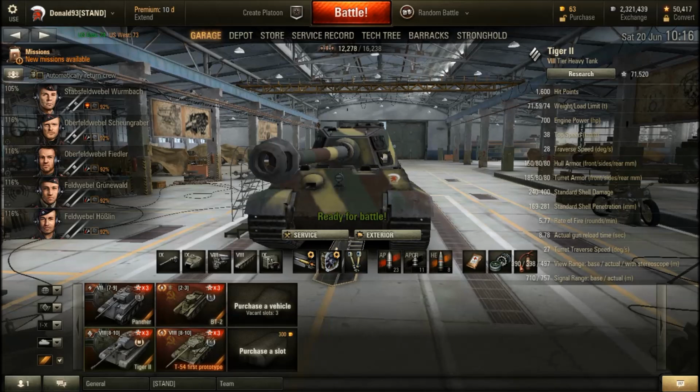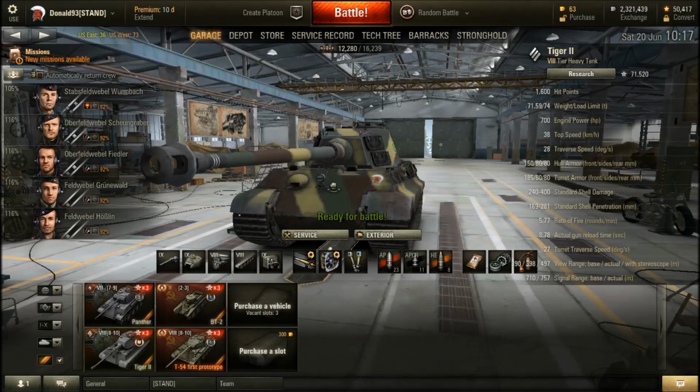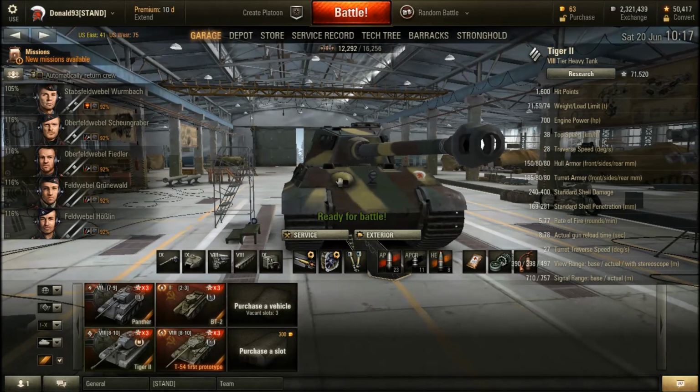What must you know about the Tiger 2? You have very good armor in the front if you know how to use it effectively. The gun itself is quite good once you have the top gun. This vehicle, when it is fully upgraded, is a very good tank to use if you know how to use it right. My issue with this vehicle is that